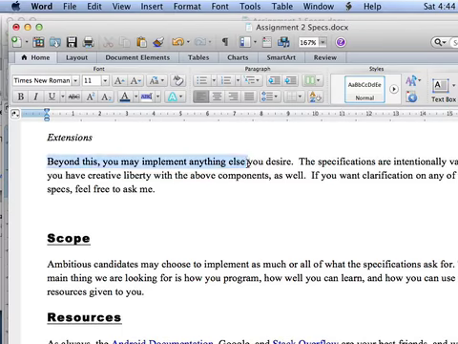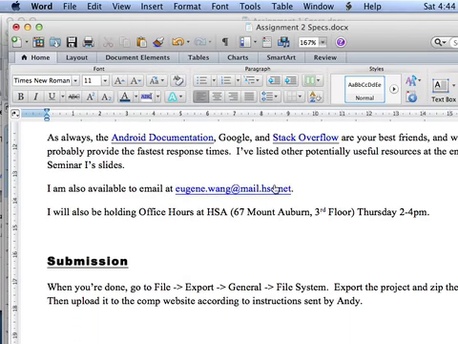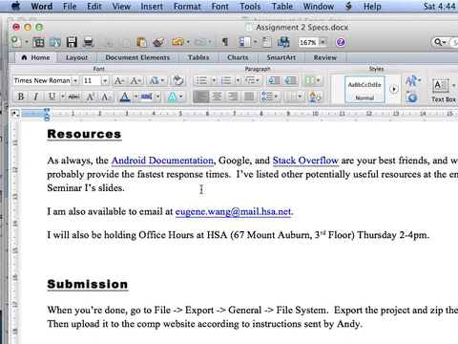Okay, so you can do anything you desire. Creativity, and so on. Some of these things you might need help with, you can go to the Android documentation, but I know for some of you this is too long to read and I'm not really interested in reading it either. Google is the best thing. Or you can go to Stack Overflow. Stack Overflow is basically like Google, but it's for programmers. So if you have any questions about adapters, list views, for example, or how to make a custom list view, you can just type it in and go to Stack Overflow. Sometimes people